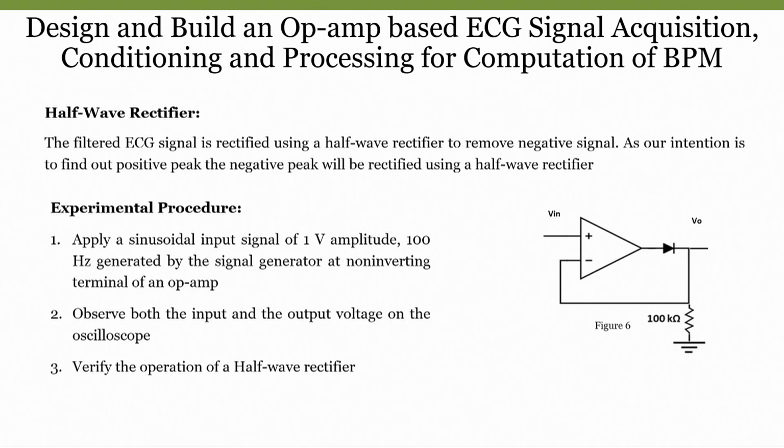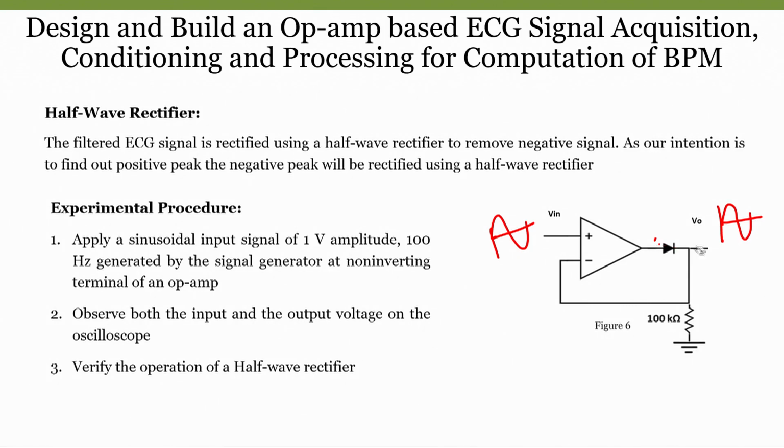If you clearly see, the input is connected to the positive terminal, and forget about the diode right now. If this diode is not there, how does it look? It is nothing but our voltage follower. Now, how does a voltage follower work? Whatever input you give, the output will also be the same. The gain of the voltage follower is 1. So, whatever the input amplitude, the output will have the same amplitude without any phase shift. The reason is the input is applied at the positive terminal.